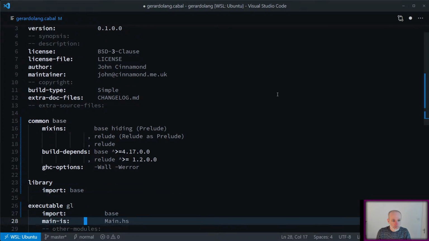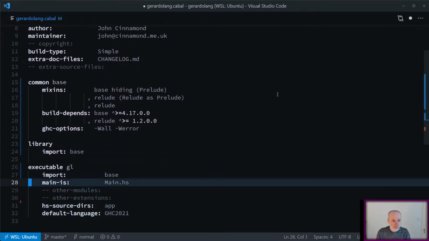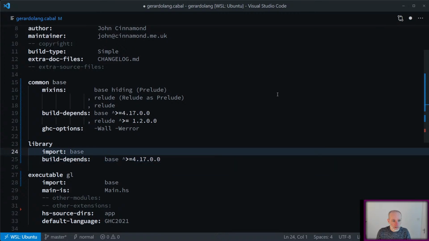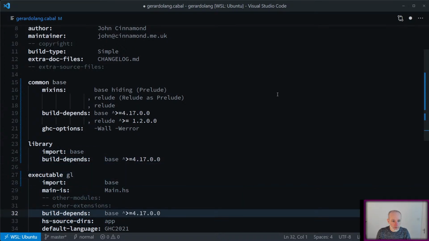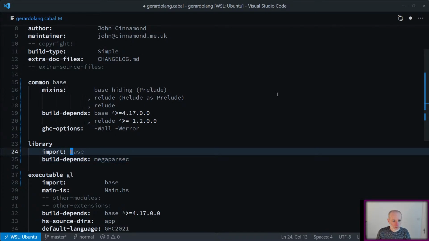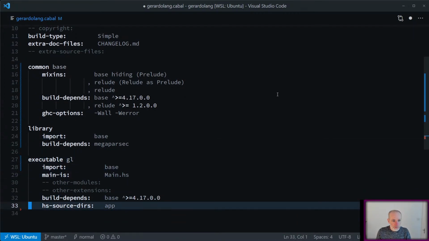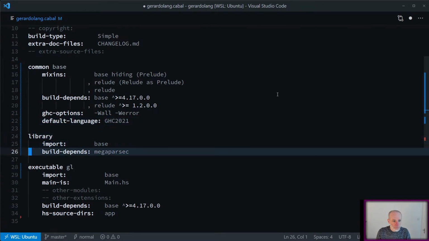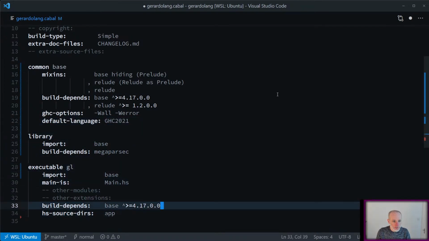Oops. Oh, I didn't mean to delete that. Let me put it back in there for a second. Okay, build depends on base, but it also is going to depend on Megaparsec. Okay. A lot of noise of setting up a new project. I'm going to just grab that, drop it up here. Okay, and then I can say down here that this depends on